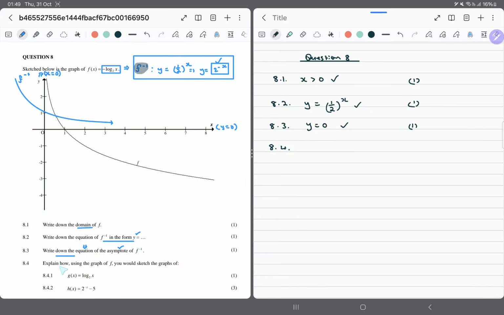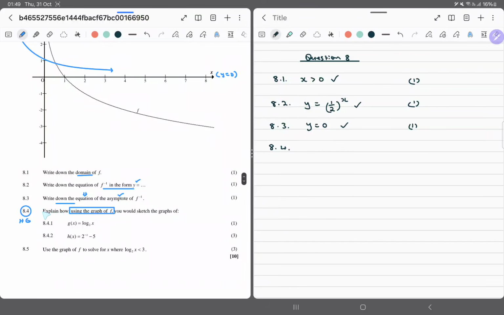8.4. It says explain how, using the graph of f, you would sketch the graphs of g. Can you see someone is dictating how we're going to answer these questions? So if we don't pay attention to this, then we are dead. And this would be a higher order question, because a standard grader would not know what's cooking here. Now, what are we trying to do? We want to sketch the graphs. That means we can actually use this graph. It means these could be transformations